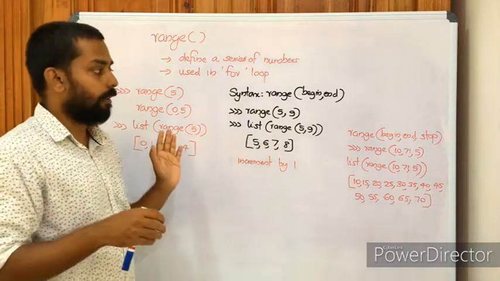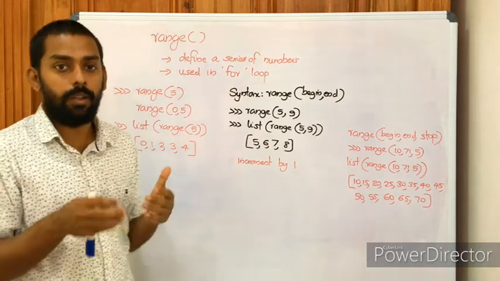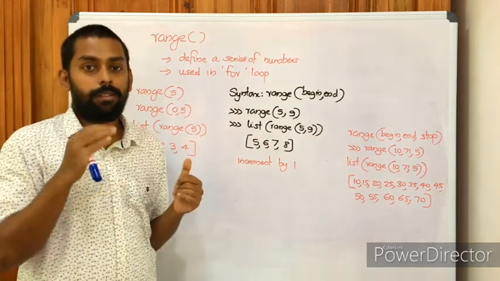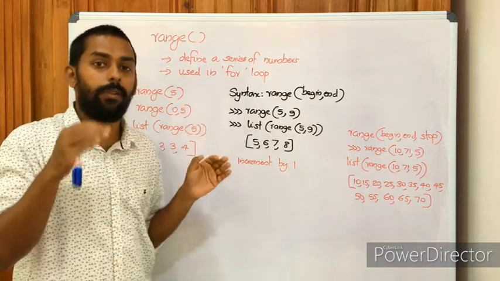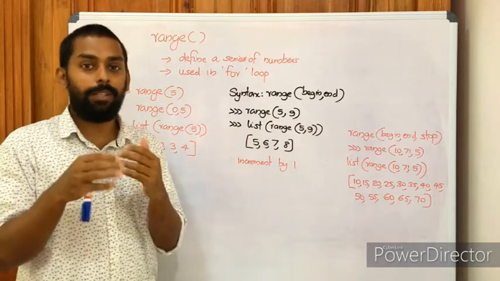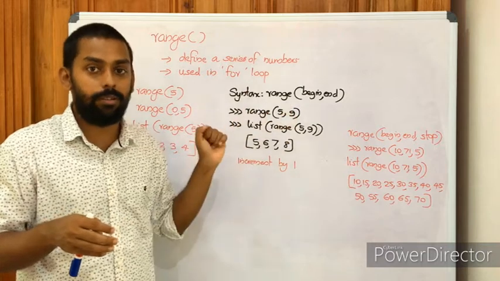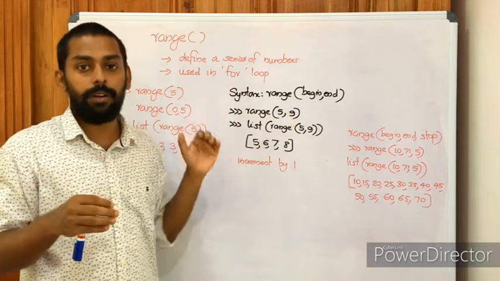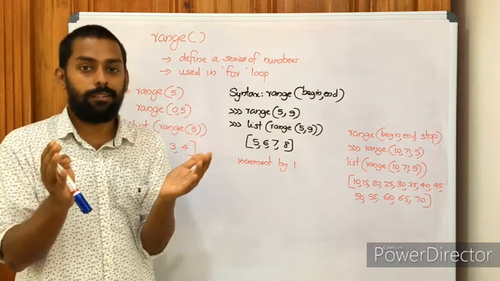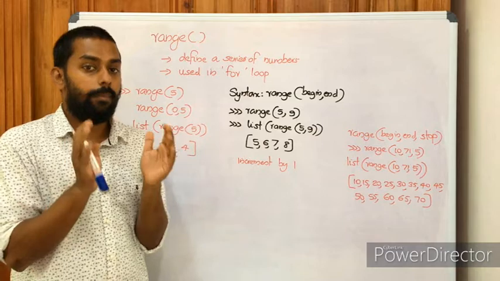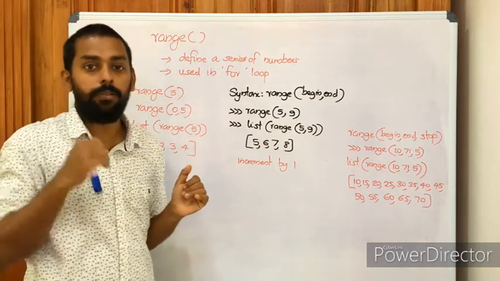So these are all about the range function, and these are some of the built-in functions available in the Python standard library. Using these built-in functions, we can make the program easy and develop our program faster. We have seen a number of advantages of using built-in functions in Python. And we know the specialty of the Python programming language: it consists of a huge library, and mainly the availability of a number of built-in functions.